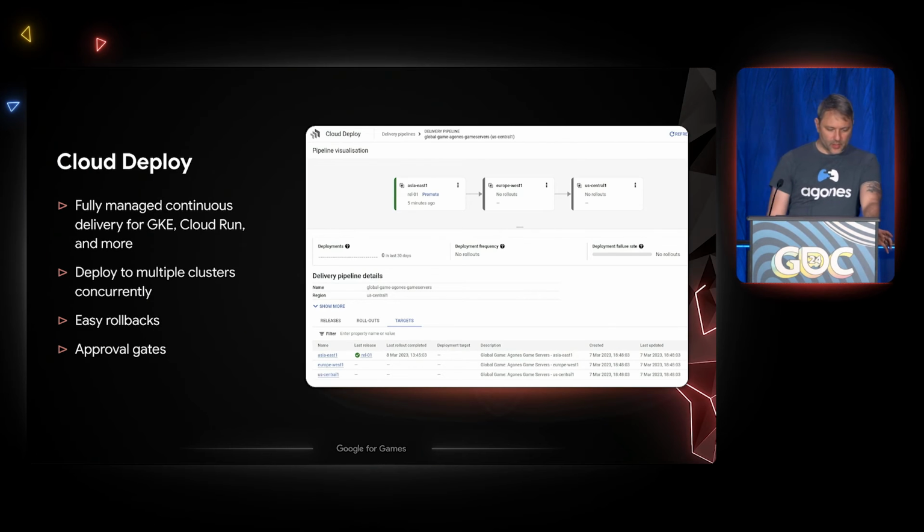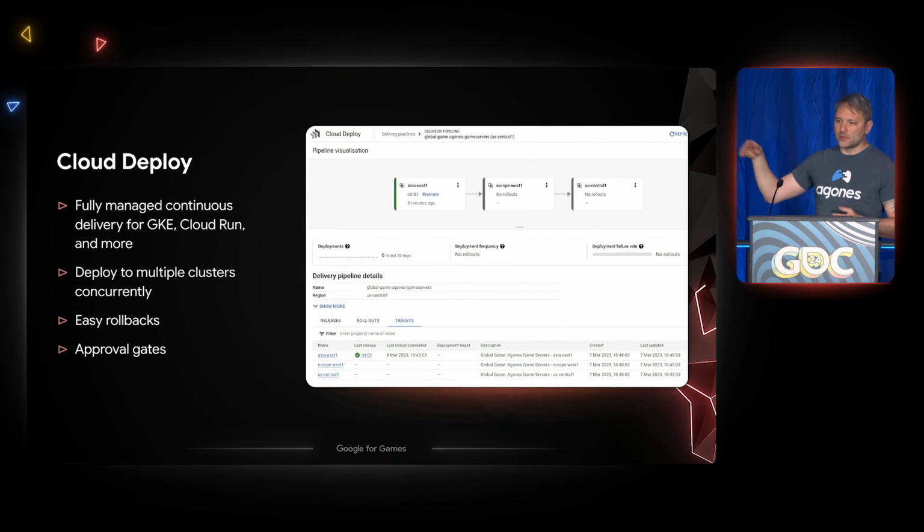We have another product. It's called Cloud Deploy, strangely enough. It is a fully managed continuous delivery system for GKE and Cloud Run. I think actually we just released custom ones as well, I'm pretty sure. We use it with Cloud Build, and you could actually integrate it with whatever you want to push out manifests that have the information we need